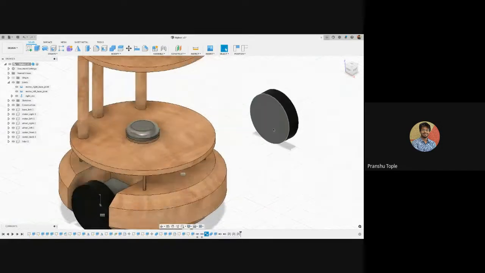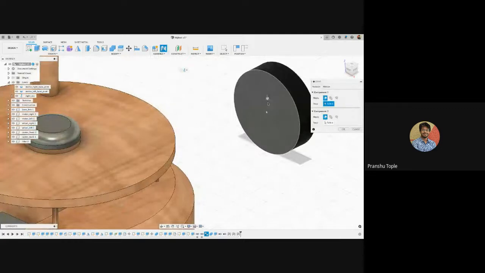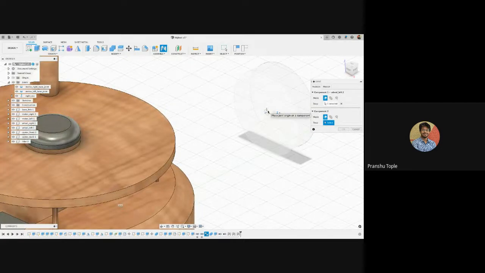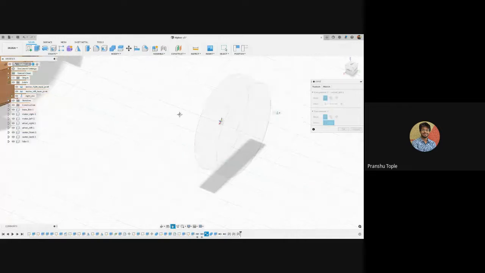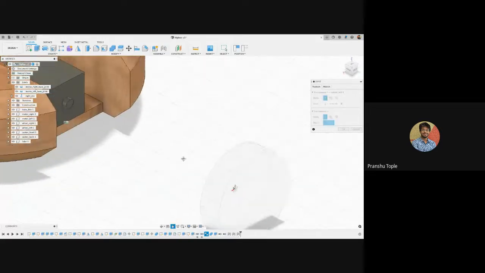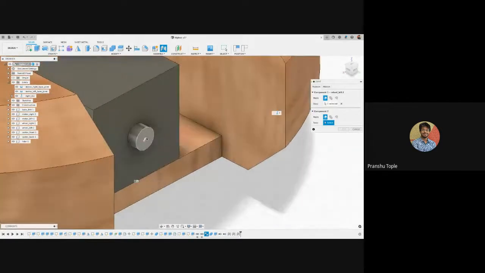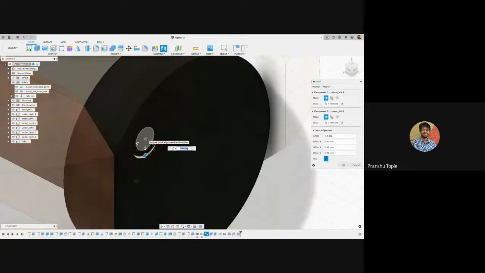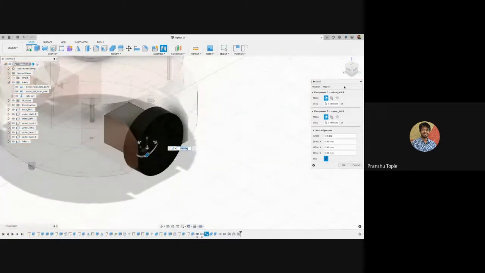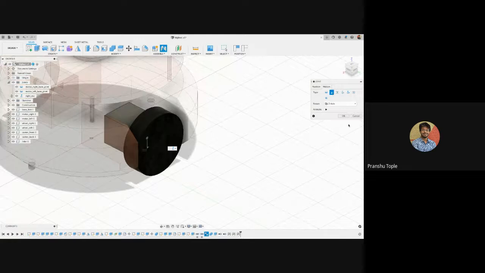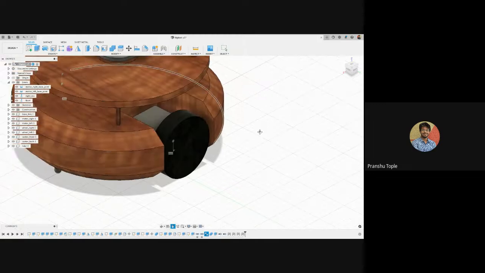Okay, now let's join this wheel as well. I will select the center of the wheel and I will select the center of this shaft. Again, it's a revolute joint. Make sure it's revolute. Animate it if you are not sure, and if everything is right, press OK.